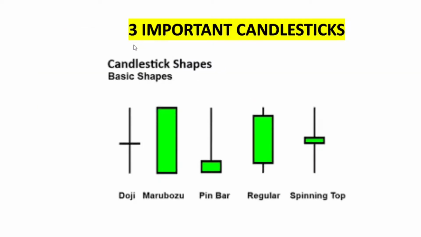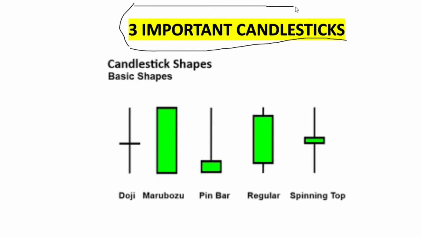So in candlesticks, we have 3 important candles. We don't need to remember all the candlestick names or all their characteristics. We just need to remember these 3 candlesticks, the strength of these 3 candles, and how we can trade upon them, because at the end of the 15 minutes or 30 minutes, other candles also become like these important candles only. That is why these 3 candles are important, and they will give you huge profit in the market.